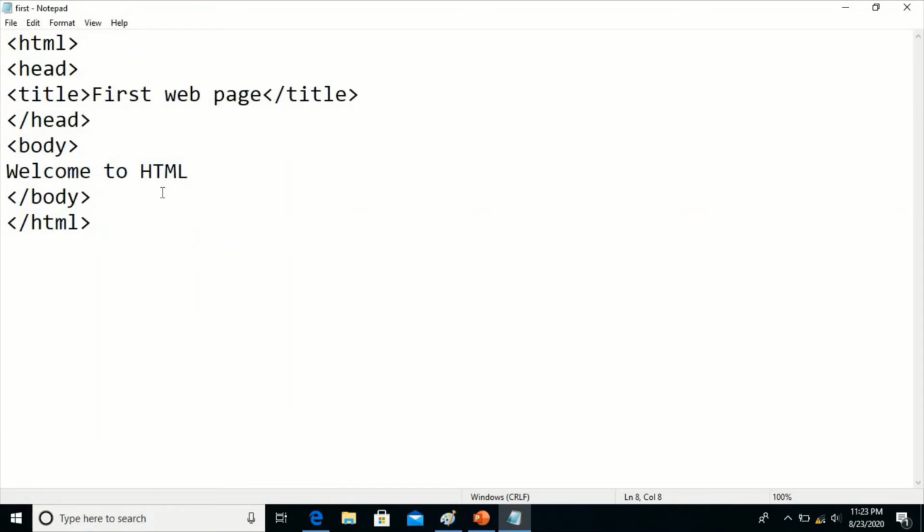So the attributes are always specified in the start tag. This is the start body tag. First, let us set the margins.